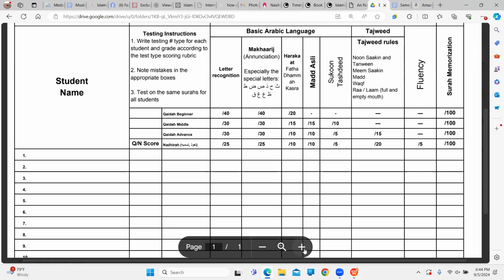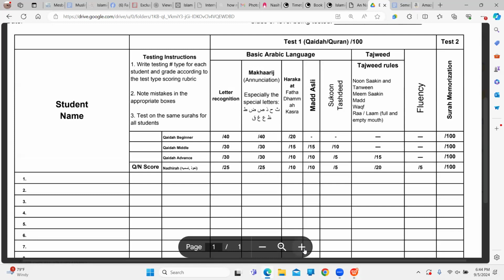Quran reading is the most advanced. In Quran reading, they know all the qawaid. So there they have ra mufakham, ra muraqqaq, lam of Allah, everything. In each box, he has to put down which mistake they're making. And then he gives them a score on QN, which means qaida, nadira is basically tilawa. Qaida tilawa score. And on the right side, under surah memorization, he is going to put the mistakes they made